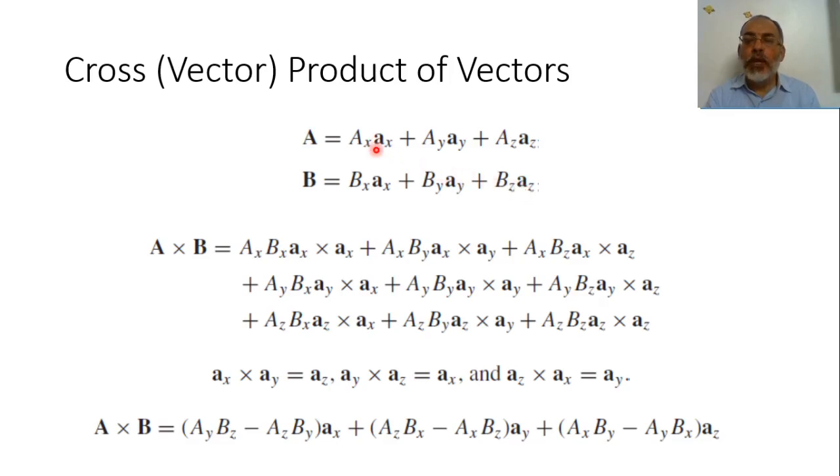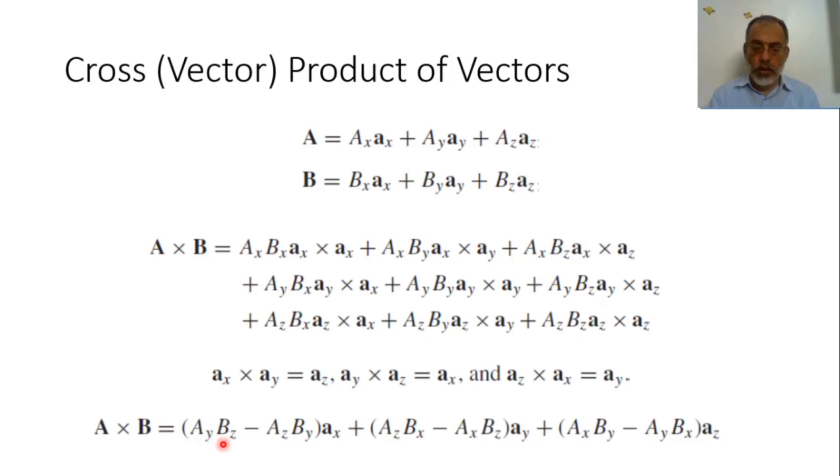In a similar way, we can find the multiplication of AY with the different components of B and AZ with the different components of B. If we make all these combinations, we have 9 combinations. 3 of them are 0 because AX cross AX is 0, AY cross AY is 0, AZ cross AZ is 0. And the remaining 6 components would be as follows: